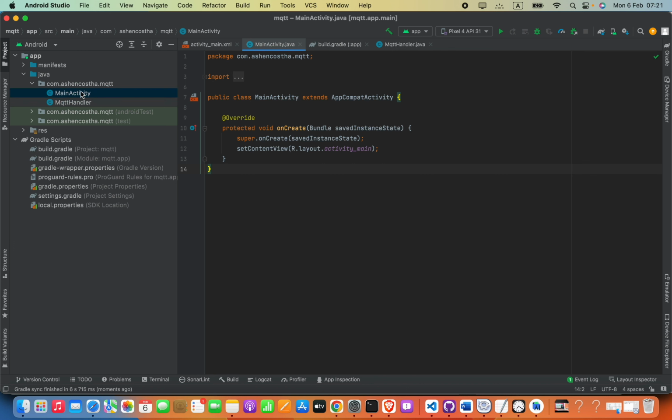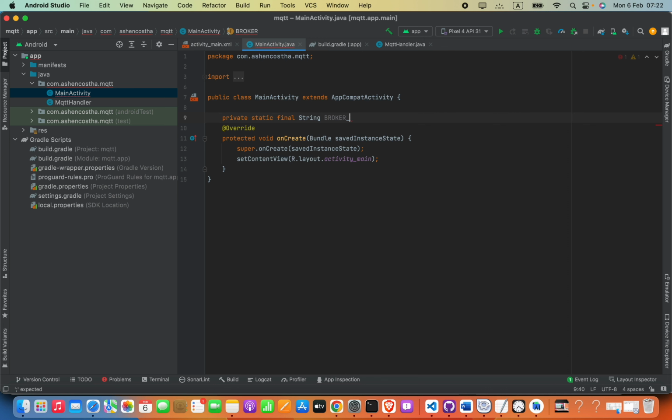So open your main activity, and then here we have something to do. Firstly we are going to define our URL: private static final String BROKER_URL equals to, so here I am going to say tcp://, and then your broker URL here, colon, and then we can say this is some sample one. Okay,